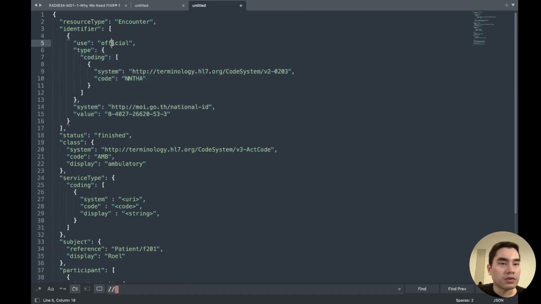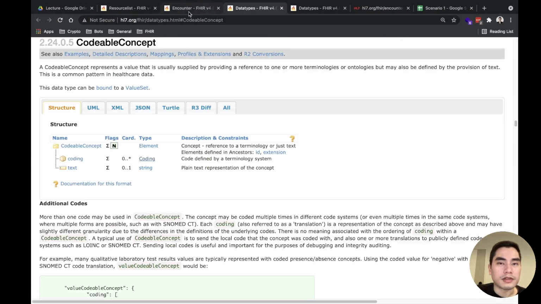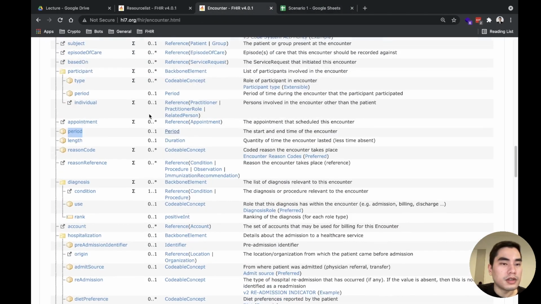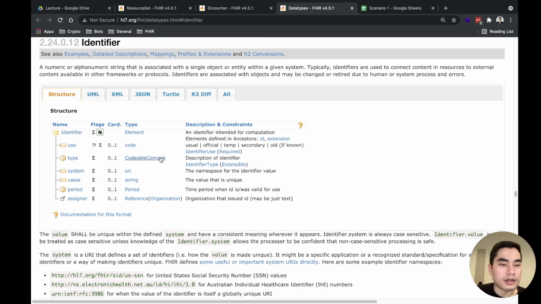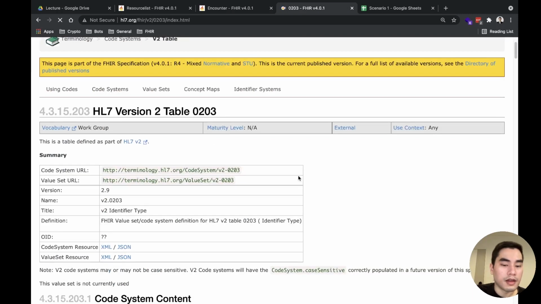So they use, I think usual is okay. The type in this case, I will keep it. So encounter, let's close something, and encounter identifier type, and see the full thing.